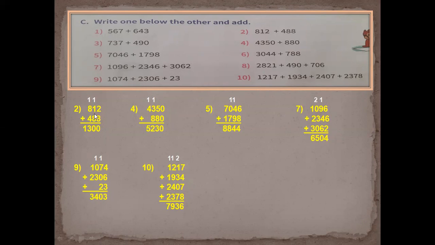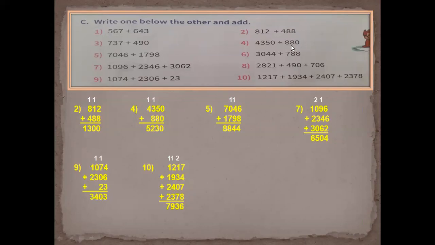Now we have to add the tens place digit. 1 plus 1 equals 2. 2 plus 8 equals 10 only. We write that 0 in the tens place and carry 1 to the next hundreds place. 1 plus 8 equals 9. 9 plus 4 equals 13. So the answer is equals to 1300. Next, third one you have to do like this same method. And then fourth one,